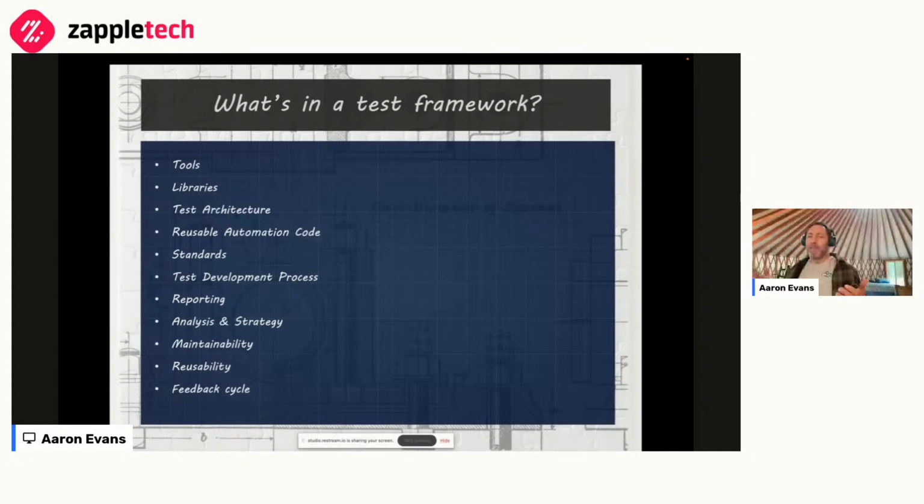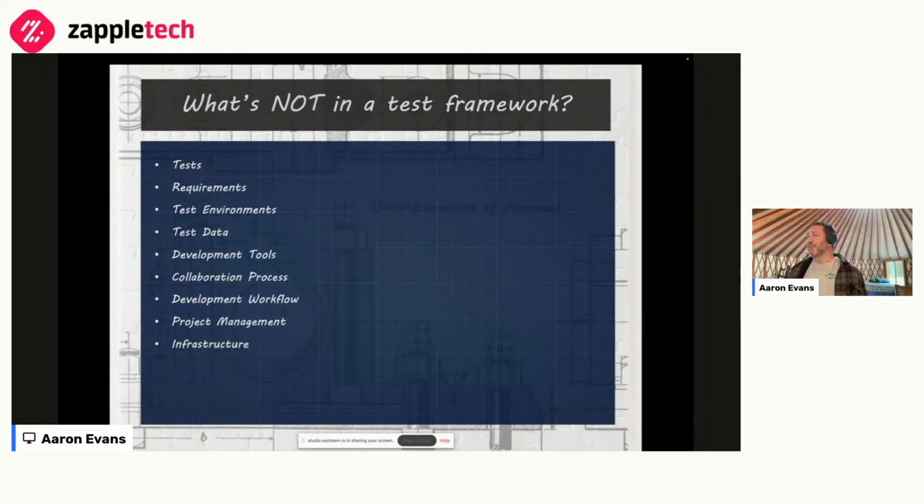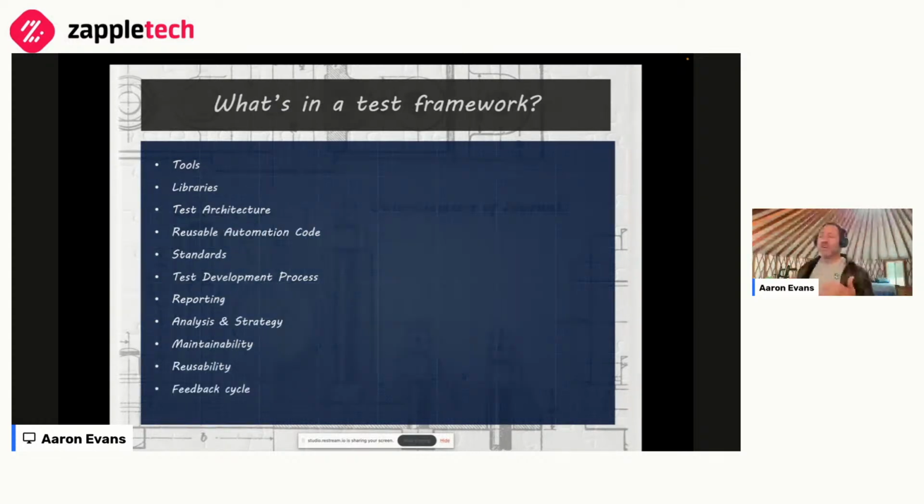These are things that may be part of a test framework. Jumping ahead, what's not in the framework is your tests. So that's what I'm getting at, is your automation code should be part of your test framework when it is reusable components, not when it's part of your tests. And ideally, it should be less and less part of your tests. We'll talk about that a bit more.